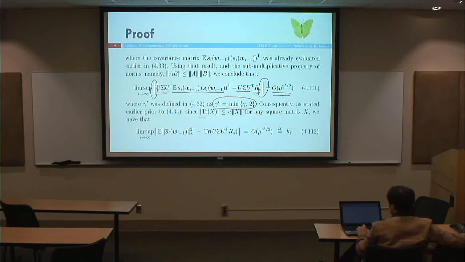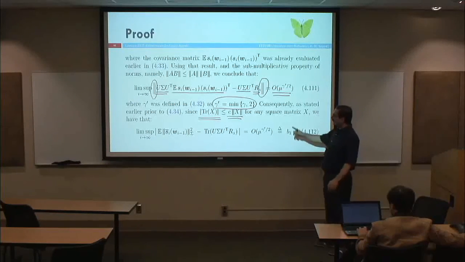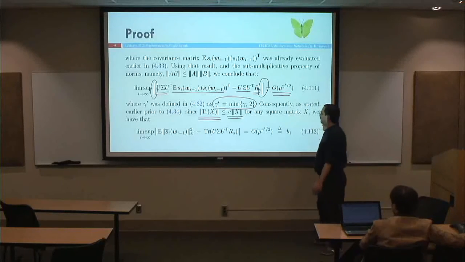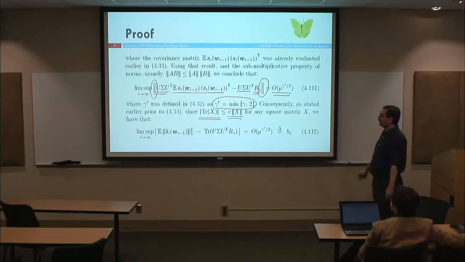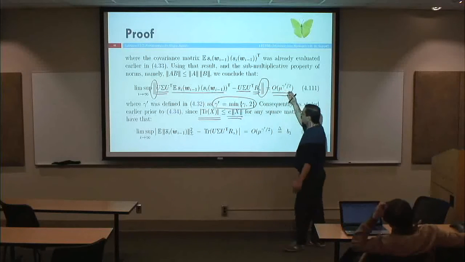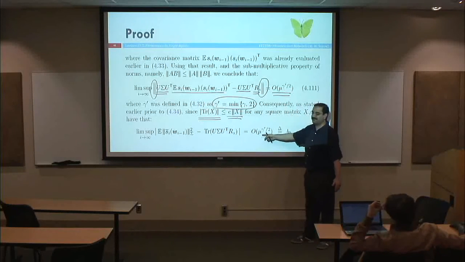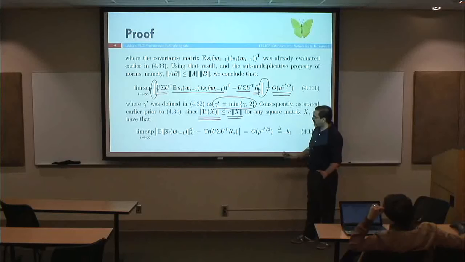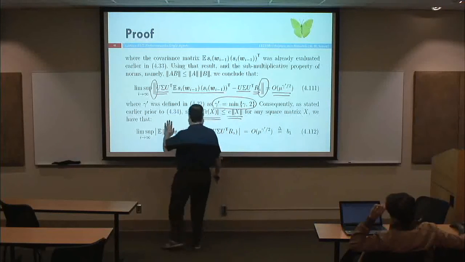But the trace of a matrix, this is a result that you can show. It's a homework problem. You can show that the magnitude of the trace of a matrix is upper bounded by its norm. So if the norm is bounded, the trace is bounded. So if this norm is bounded, its trace is also bounded by some constant which you can incorporate into the O, right? So what we have shown so far, okay, so what's the trace